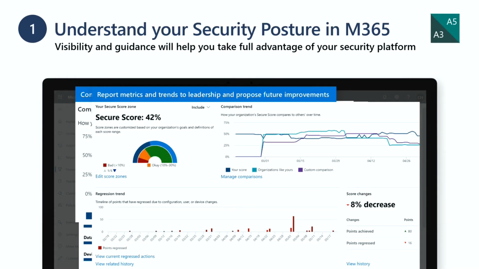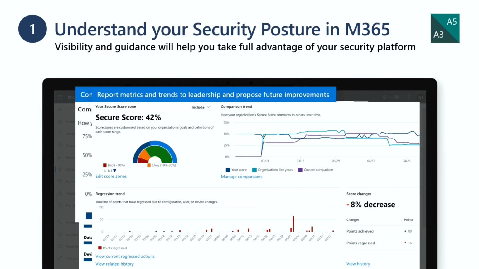Let's talk about a few quick wins here. Number one, understand how you stack up with your security posture in Microsoft 365. Microsoft Secure Score, if you're not familiar with it, is a great tool for an assessment of your environment. You get a real quick snapshot, your secure score, and where you may need to increase your security posture, but it also gives you actionable details on things you can deploy in your environment today to increase those scores. You can do exceptions, you can review, you can tailor this to fit your environment.